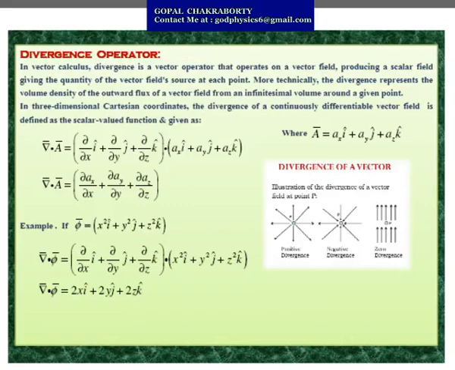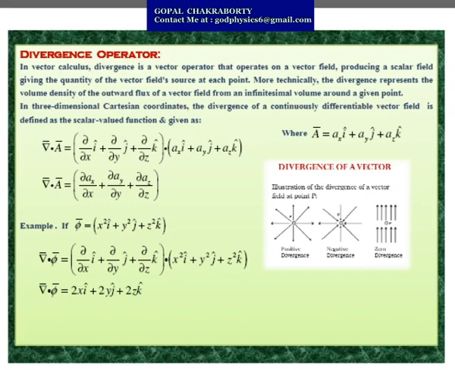Now the second one, divergence operator. In vector calculus, divergence is a vector operator that operates on a vector field, producing a scalar field giving the quantity of the vector field source at each point. More technically, the divergence represents the volume density of the outward flux of a vector field from an infinitesimal volume around a given point. In three-dimensional Cartesian coordinates, the divergence of a continuously differentiable vector field is defined as the